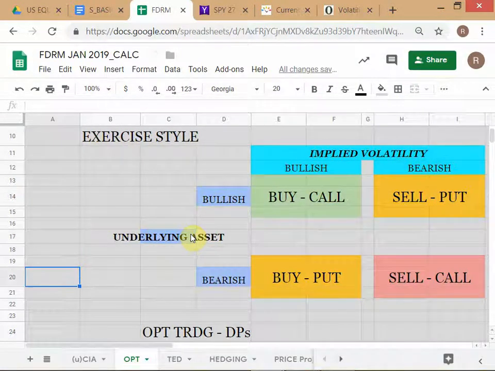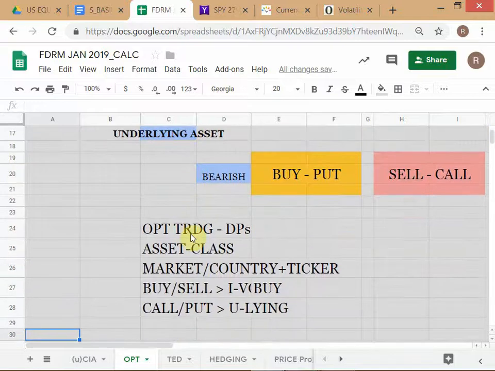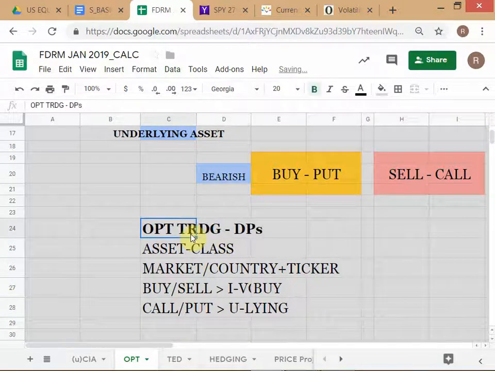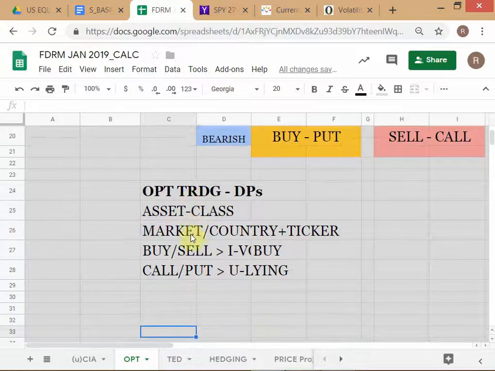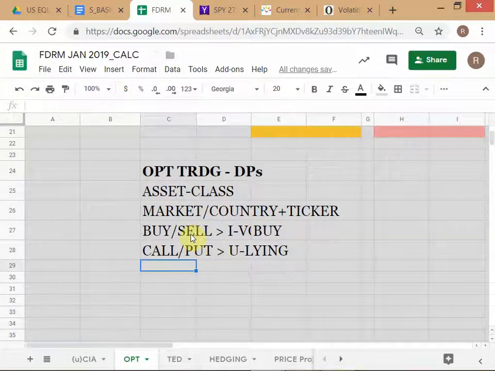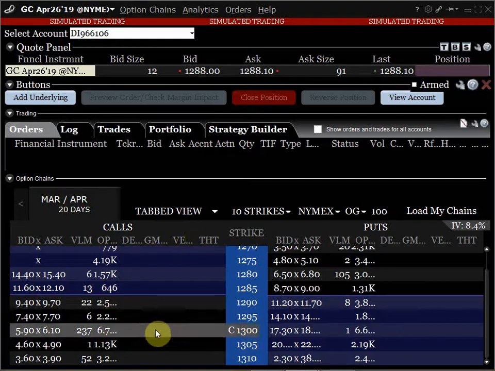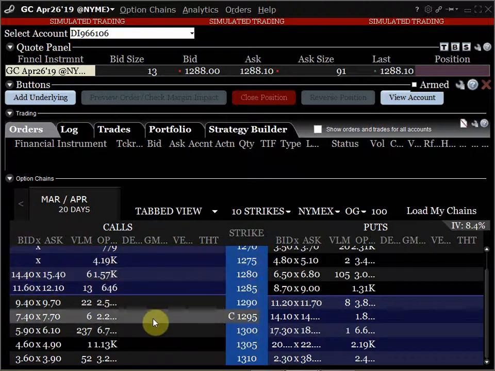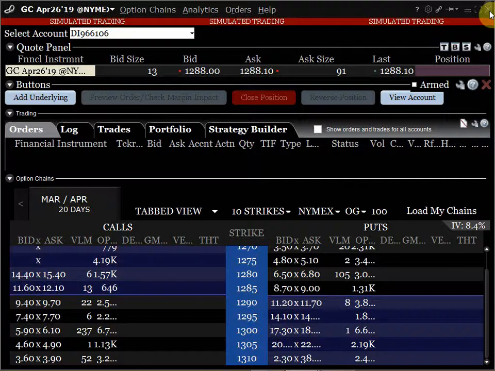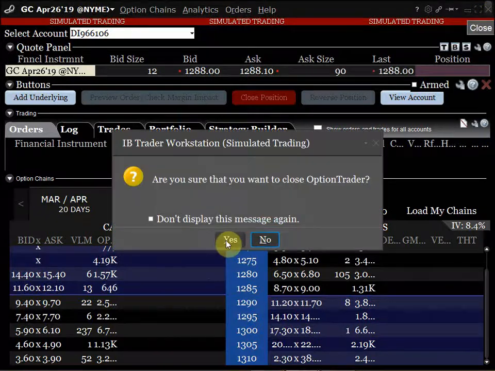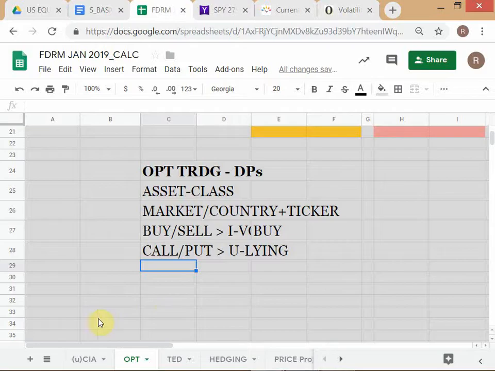Yes. Okay, so let's go back to our decision problem. Asset class, market, call, put, underlying. Anything else we have to decide? Yes? Expiry date. When you look at this option, now we can go to our option trader. Because I've chosen the wrong contract, maybe I should just get